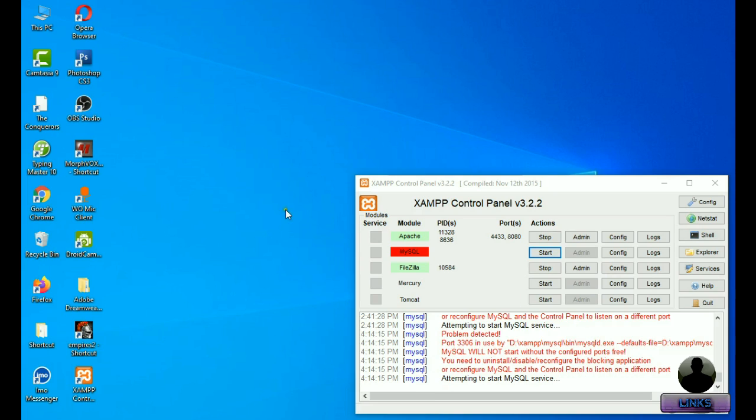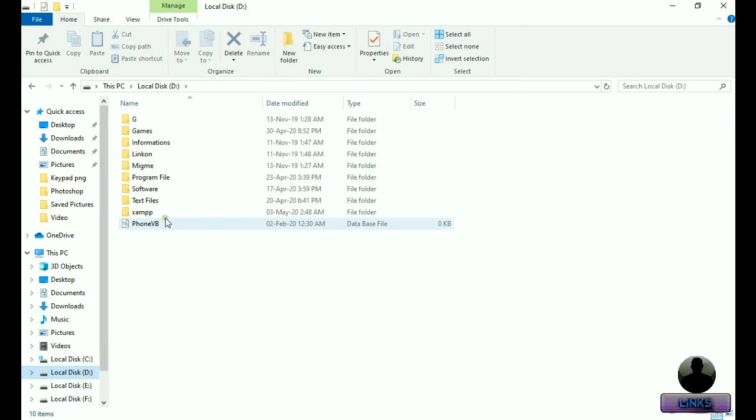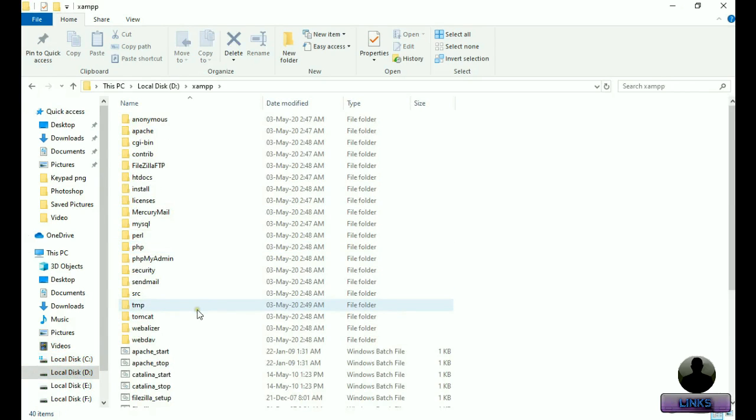Look what I'm doing. First of all, you need to go to this PC or file explorer. Here, I'm using Windows 10, no problem. If you're using Windows 7, 8, no problem. I installed this in the D drive, so I'll go to the D drive, XAMPP. If you install this in the C drive, you must go to the C drive. Okay, D drive, XAMPP, then